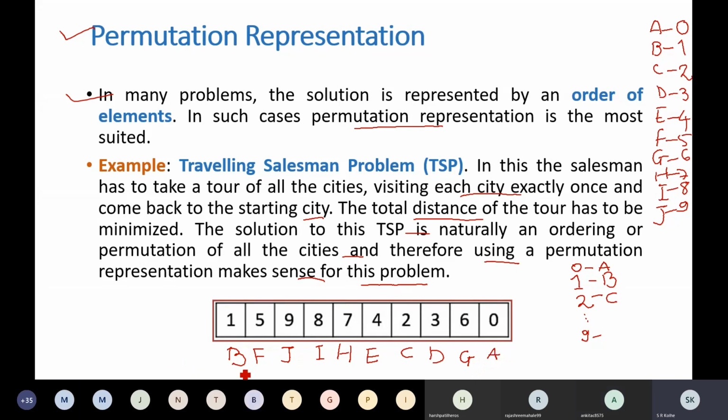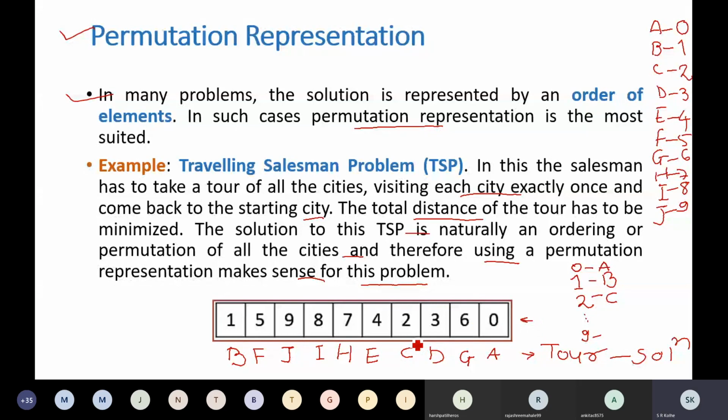Now this sequence of letters is representing a tour. No city is visited again, no city is repeated. So this is representing a tour. The sequence of letters is representing a possible solution in the traveling salesman problem. Better, if I convert it into numbers, then it will look like this.